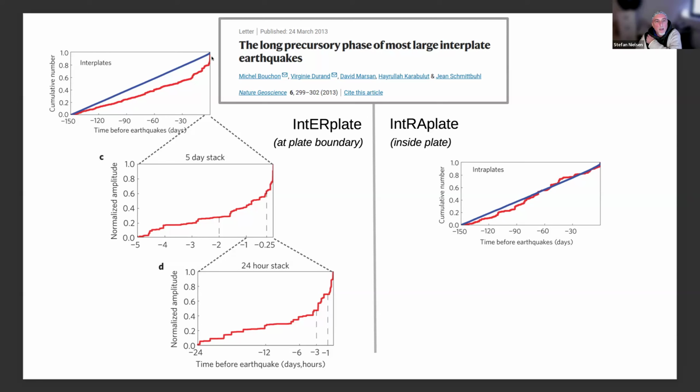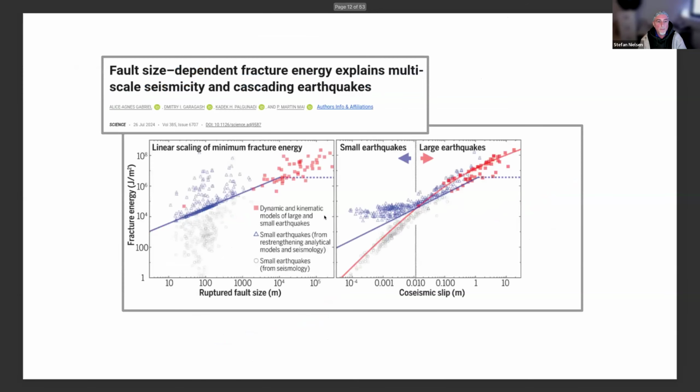And this systematic acceleration by stacking many different earthquakes is not observed in intraplate context, or if it's there, it's much shorter in time. So the question is, maybe because intraplate earthquakes are smaller than interplate earthquakes, or maybe they happen on different subsets of fault or different fault network that have different properties, or maybe a combination of both. So those are all food for thought.